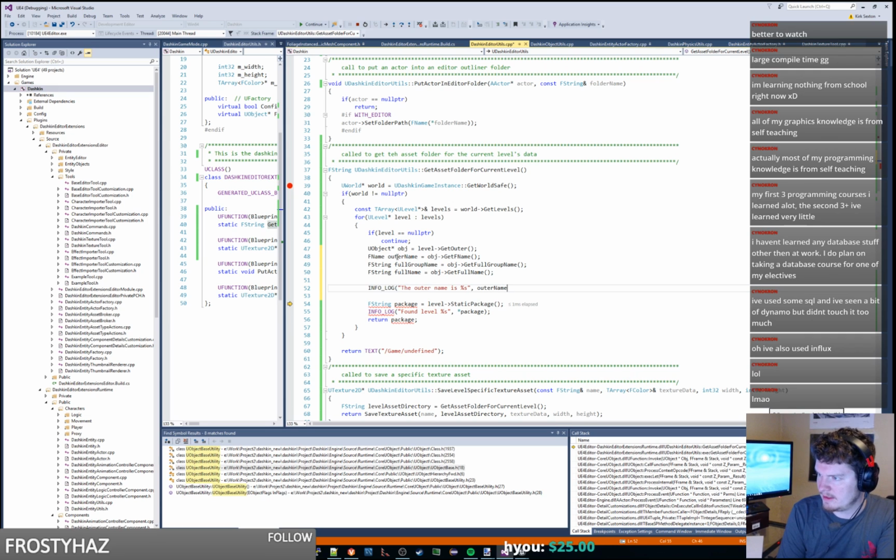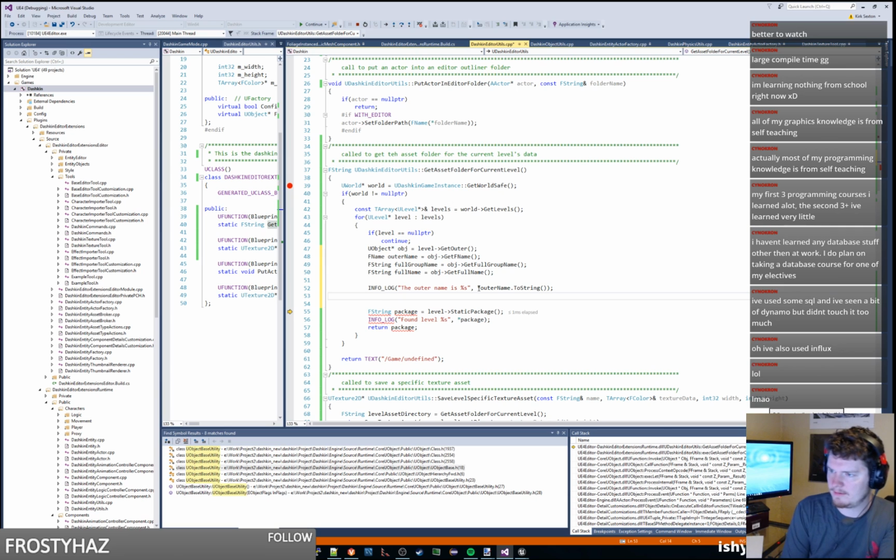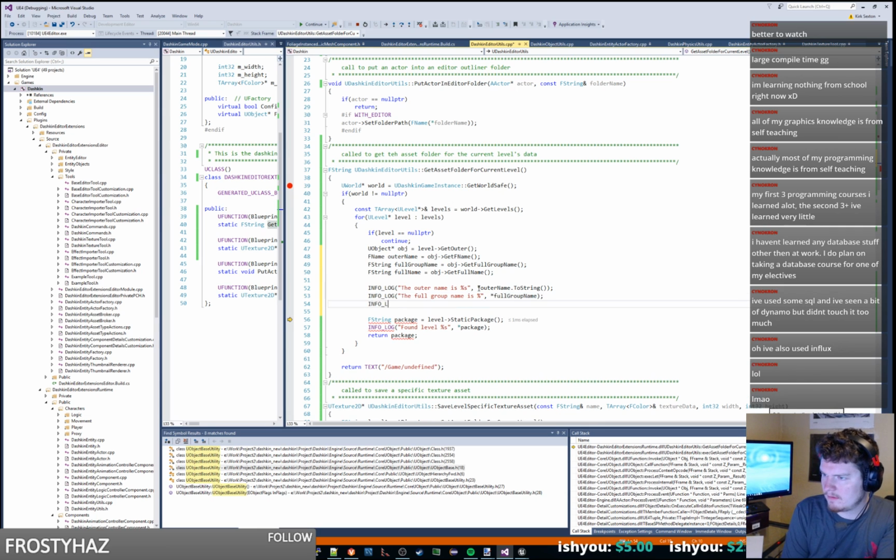Let's do outer name dot toString, and then we'll dereference that. The full group name is %s, full group name, and the full name is